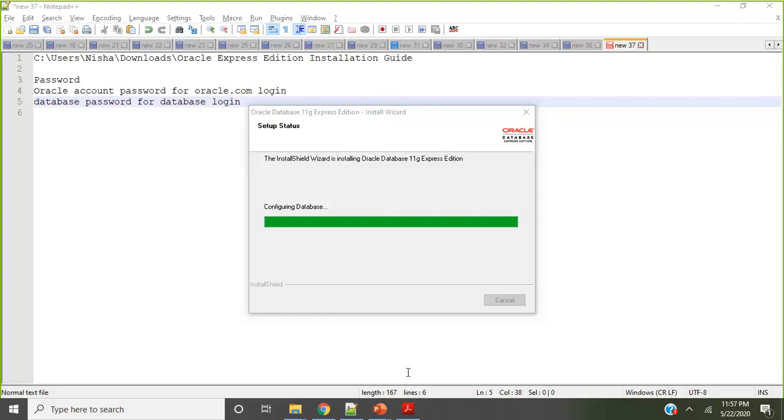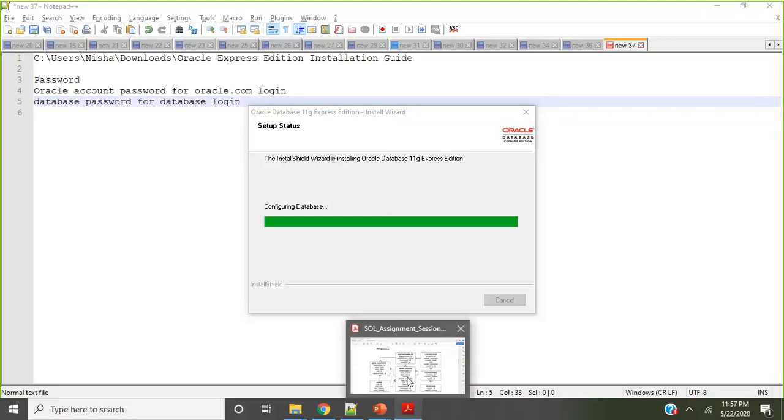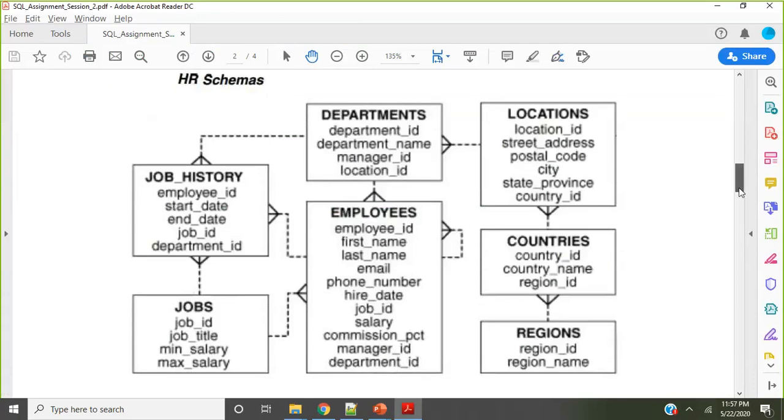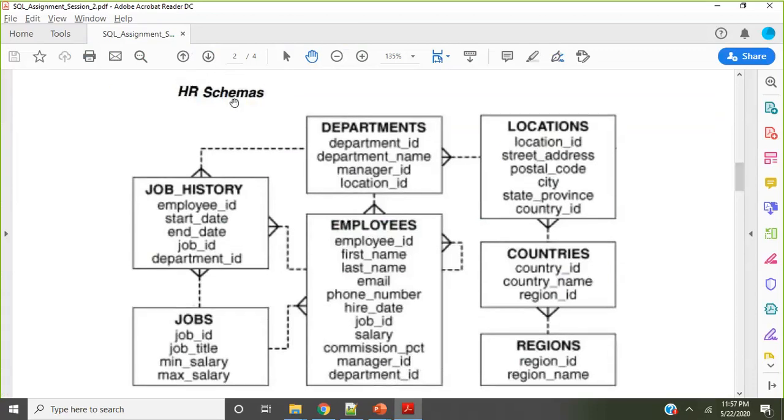Meanwhile, we have a few minutes. Let's talk a little bit about what this schema is. Once you install Oracle on your computer, it comes with a package called the HR schema. If you see here on my screen, this is also called a table or entity, and this is the employee table, and this is the department.